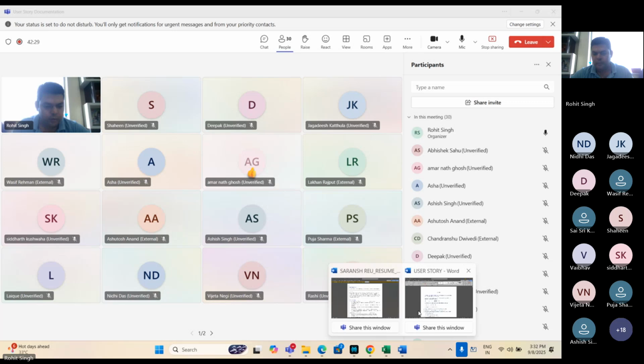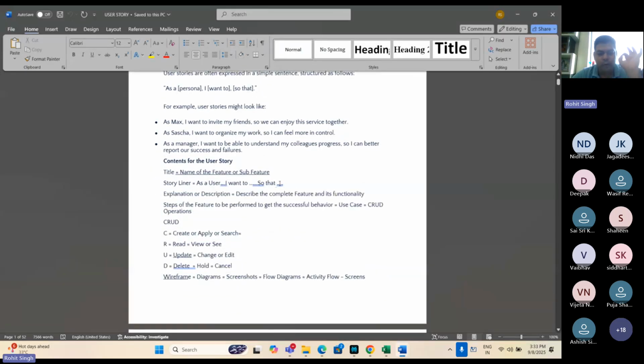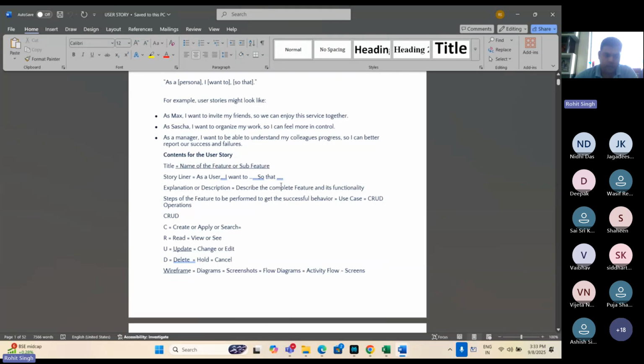So this is one of the formats that I have always trained. I have always used it in live environments as well, during interviews and during assessments. And I appreciate it if you also go through this format so that you can all have a better understanding in order to create the complete user story.